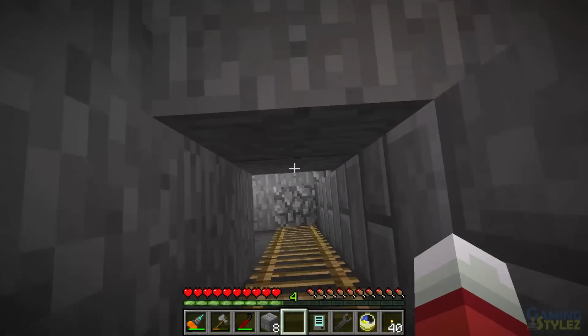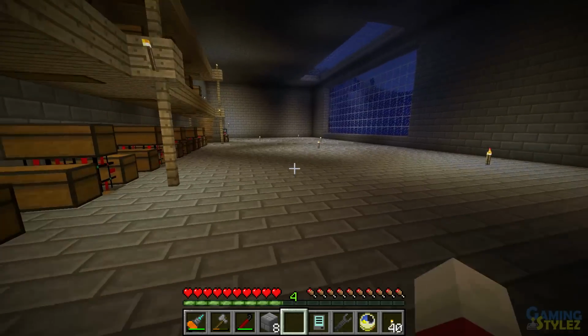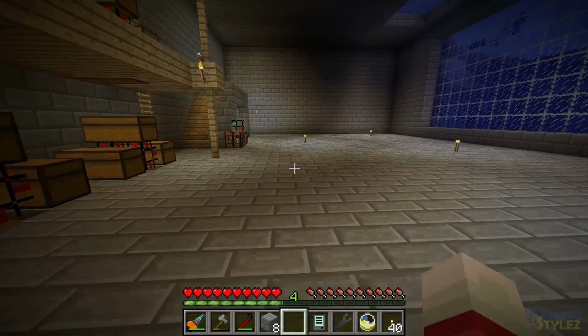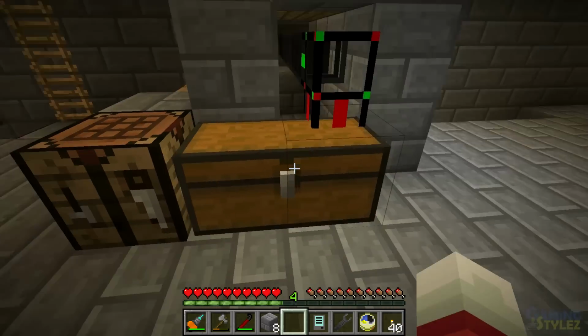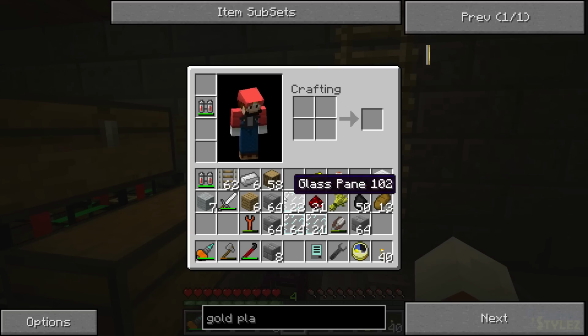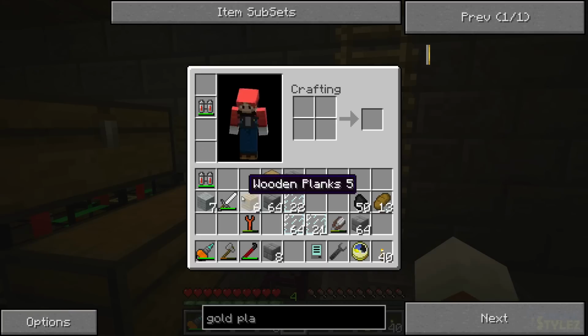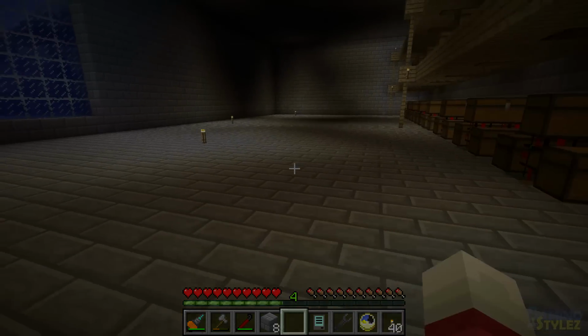Going down. Okay. Get rid of this stuff. There goes the stuff that I was going to use to make a bed. But I don't need it right now, so